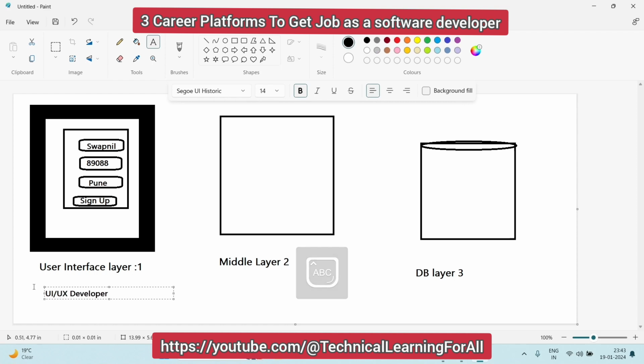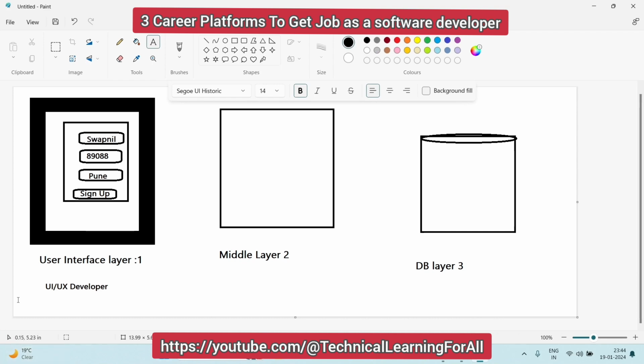If you want to make a career in the UI development sector, then you should know some technologies, basic things like HTML, CSS, JavaScript, Angular, React JS, Bootstrap.